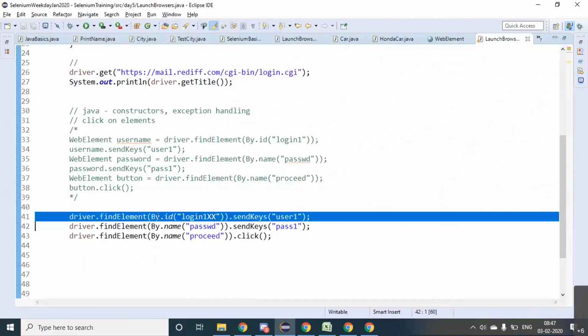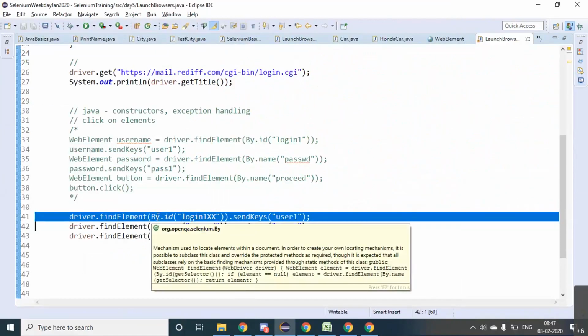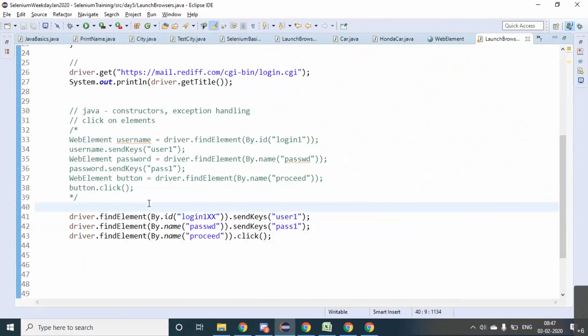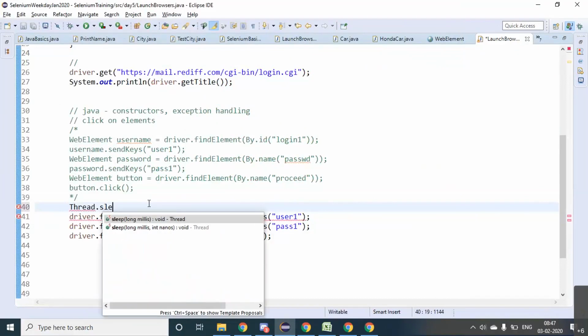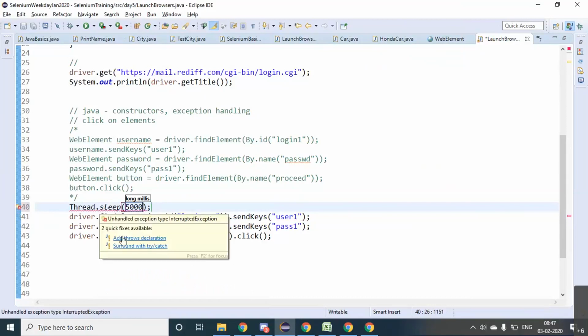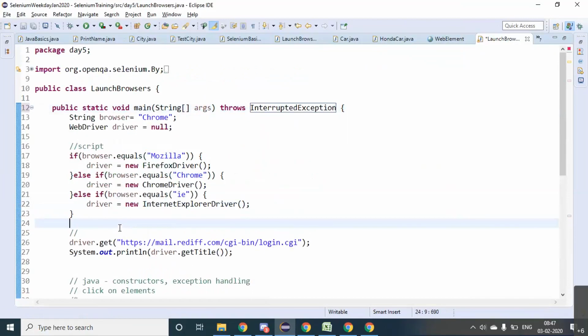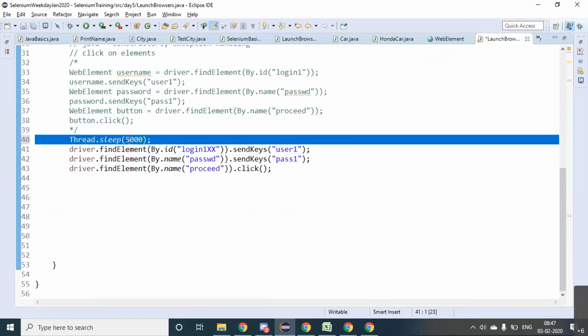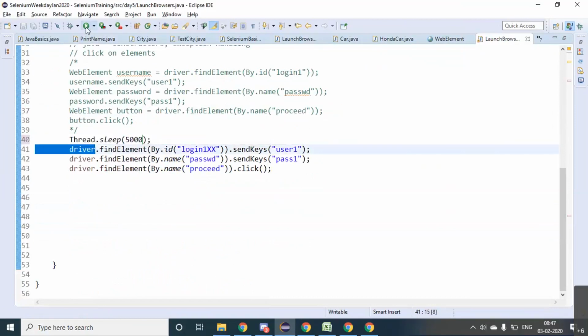Sometimes you have to tell Selenium, okay, fine, just wait for say 4 or 5 seconds, try to find the element, and then throw the error. Sometimes people say you can use a Thread.sleep, say 5 seconds. It's not a bad thing to use Thread.sleep, but you can't just use it every time. Thread.sleep is like pausing the program for 5 seconds, and then it will find the element. So if you run this,